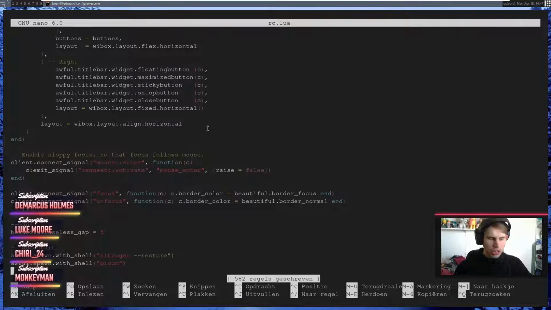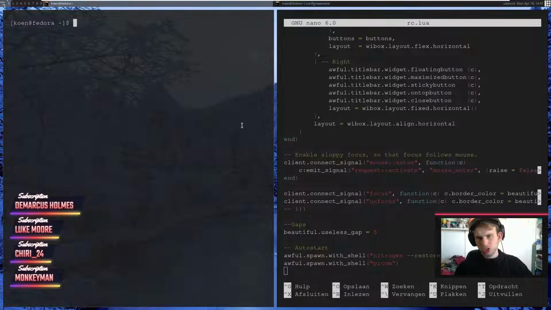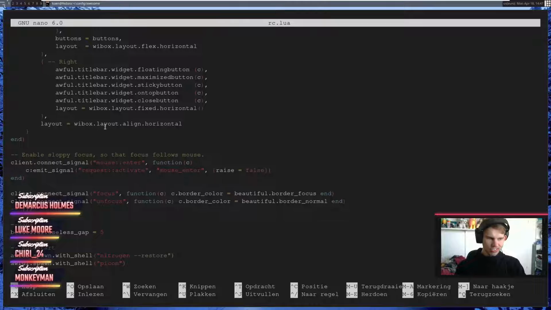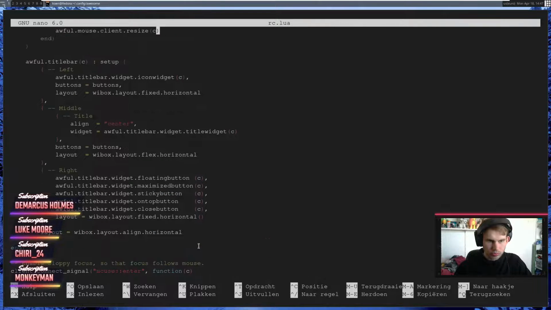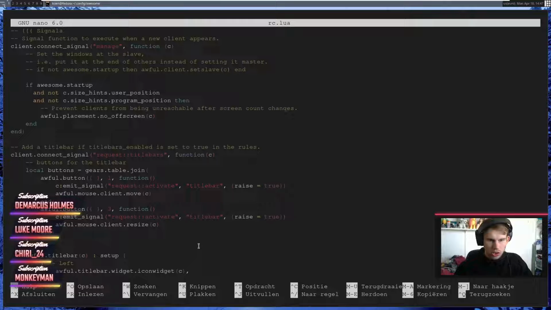I am glad, though, that we now get those gaps in between these things. And you can also kind of see which one of these windows is being focused on, which is nice. Still not quite what I would want it to be, but you know what? It's better than absolutely nothing at all. So, I'm quite happy about that. So, sorry about that.